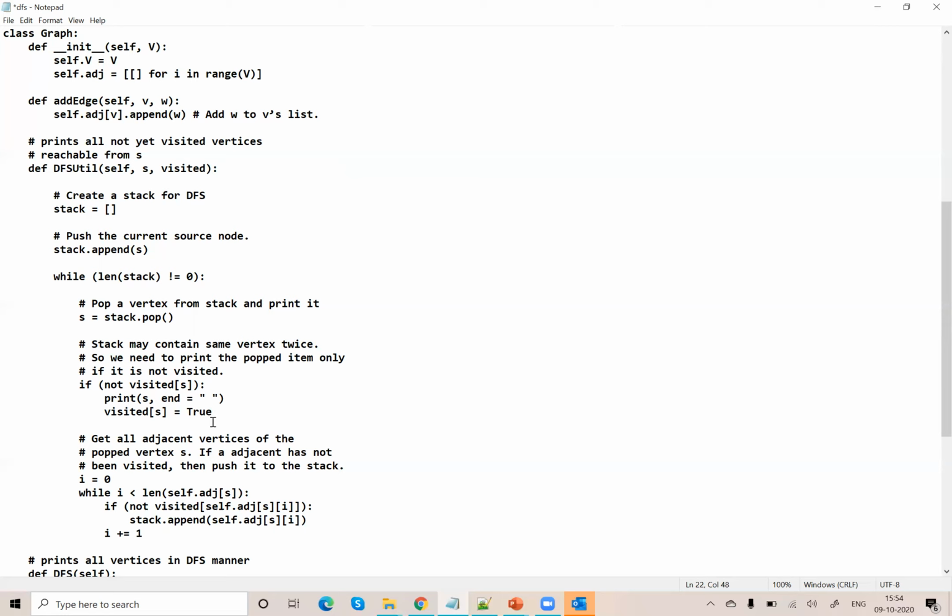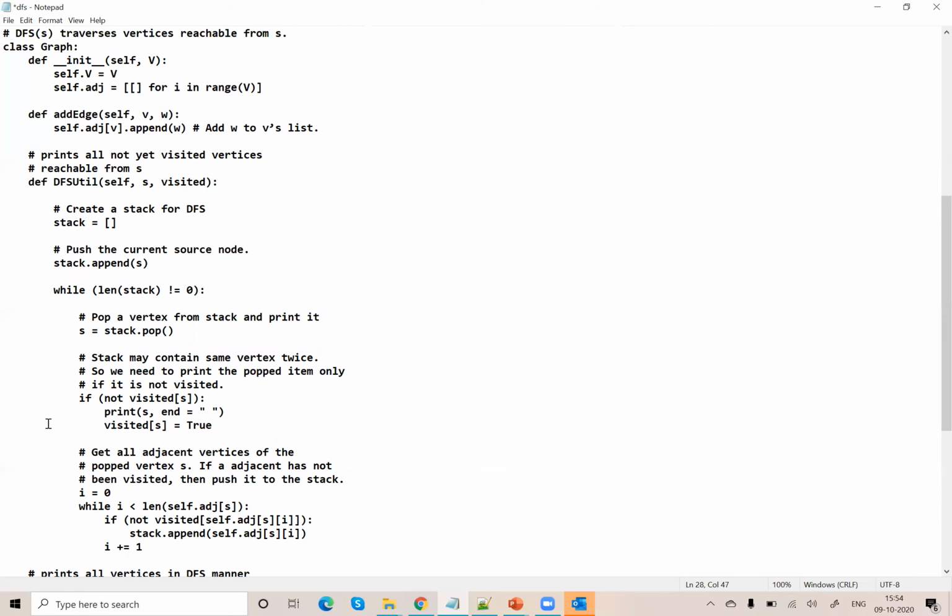Visited of S is equal to true. That means in the visited list, I am making the source node as visited. Once I visit a particular node, I have to make that node in the visited list as true. That is what I'm doing here.